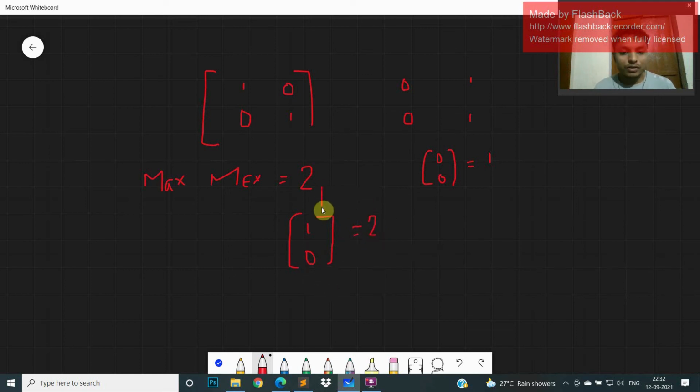If we encounter 0 1 or 1 0, we only take this one, because the MEX of this is equal to 1. If we encounter 0 0, we just look up what is the next one or what is the previous one.